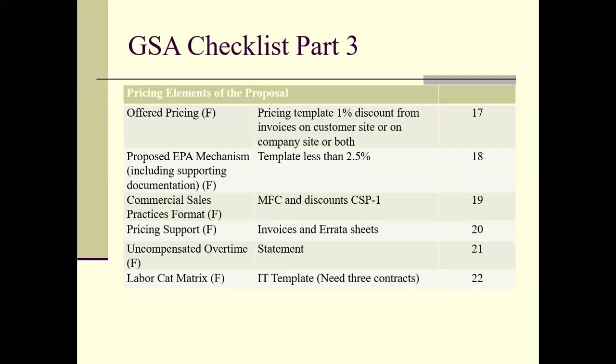So again, there's 3 prices that you deal with: your market price, your most favored customer price, and then finally the GSA price. And then once you have the GSA price, you put the industrial funding fee on top of that, and that's the price that the government will pay. You get everything minus that 0.75%. That 0.75% is given back to the GSA, and that's what they use to basically fund their operations.